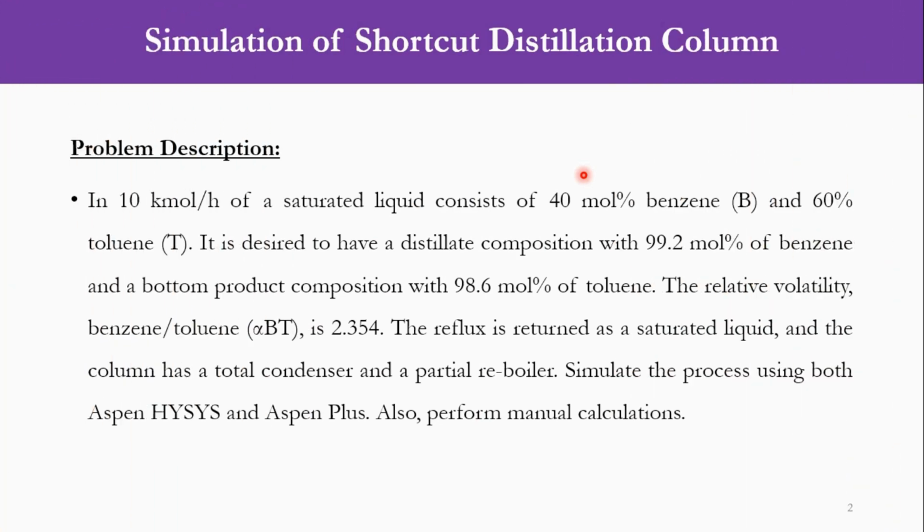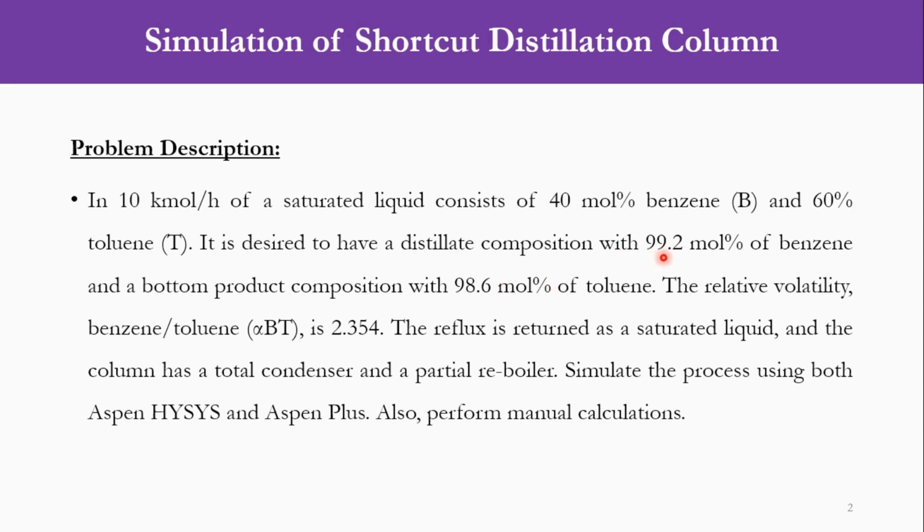So before going to the simulation, we will first look at the problem description. A 10 kmol per hour feed flow rate of saturated liquid consists of 40 mole percent benzene and 60 mole percent toluene, and we have to send this to the distillation column for separation. At the top, from the distillate, we want 99.2 mole percent benzene, while from the bottom, we want 98.6 mole percent toluene. So it means that